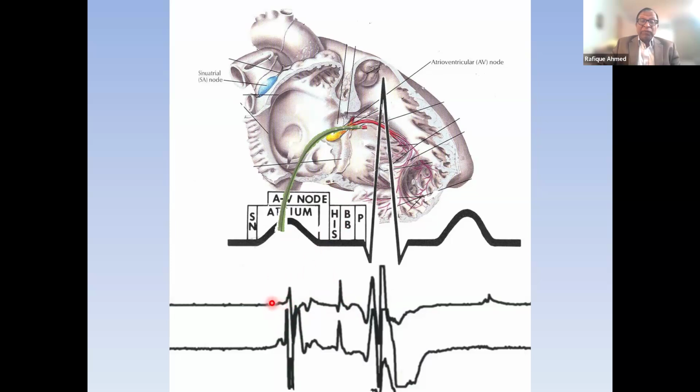You can see there is nothing before. I did not show a catheter in the high right atrium. So this is the time needed by the electricity to go from here to the AV node. So that's the time. And then, of course, you see there is still some PR interval left here. And that's the bundle branch block conduction and the Purkinje fiber conduction. And then we start the QRS complex.